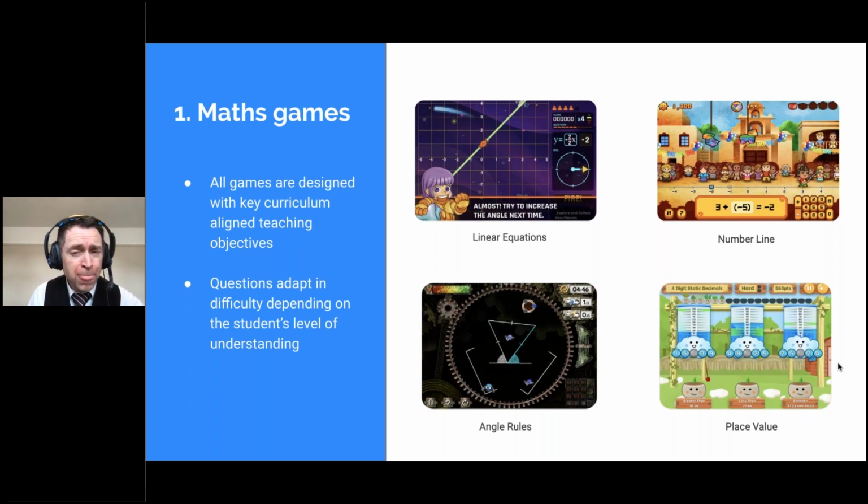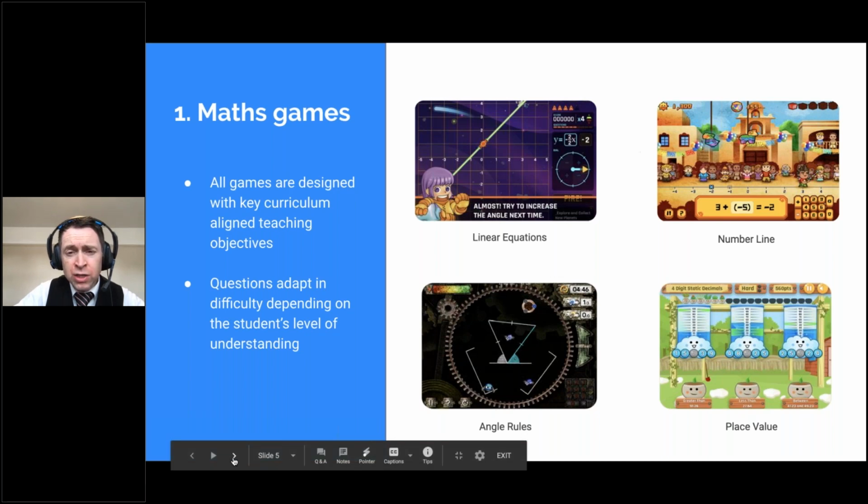Now the games adapt to the level of the student's understanding and they have medals as well, but they are not our main activity. Now, if you were, let's say, assigning one activity for students each day on Mangahigh, maybe expecting them to spend 15 to 20 minutes on that activity, if you were assigning one activity every day, then I would be using the games maybe just once a week.